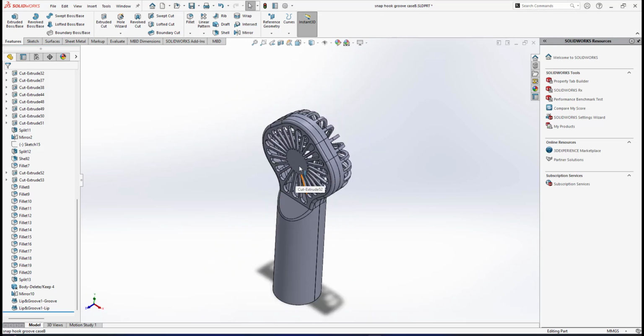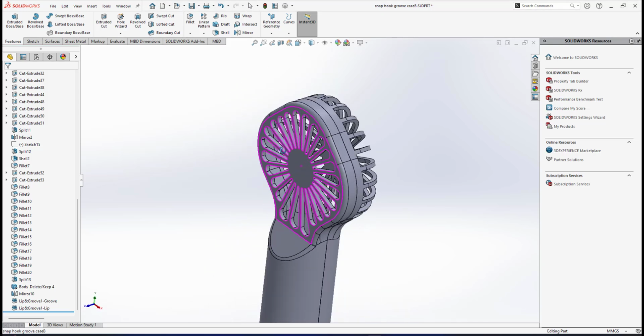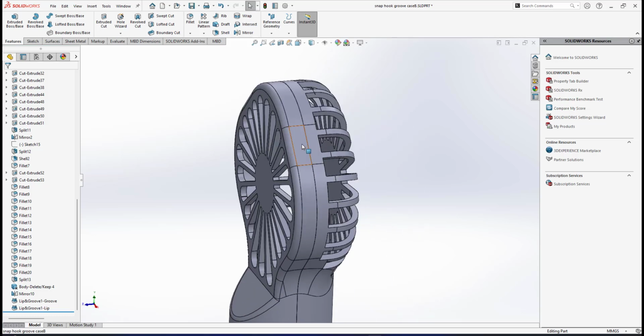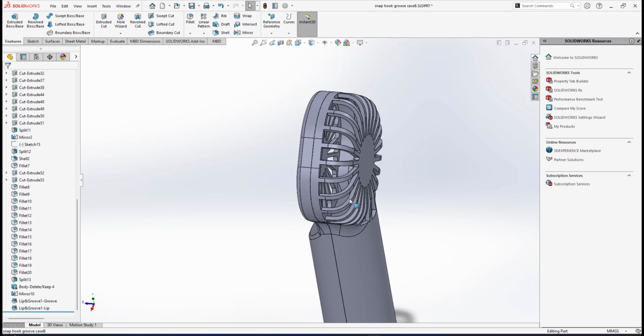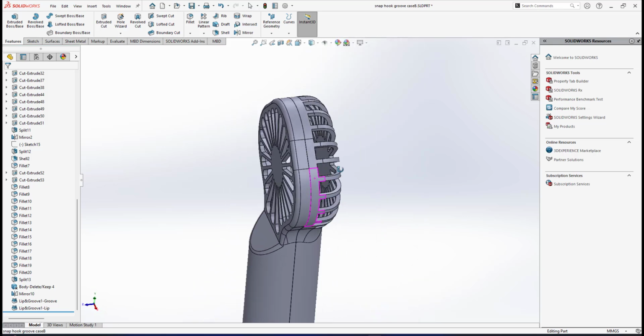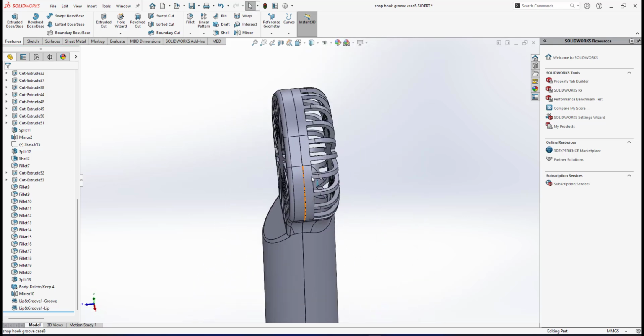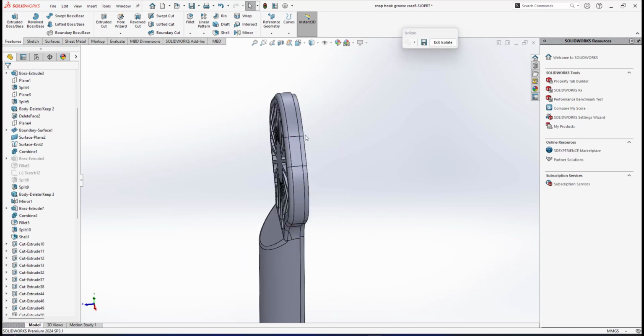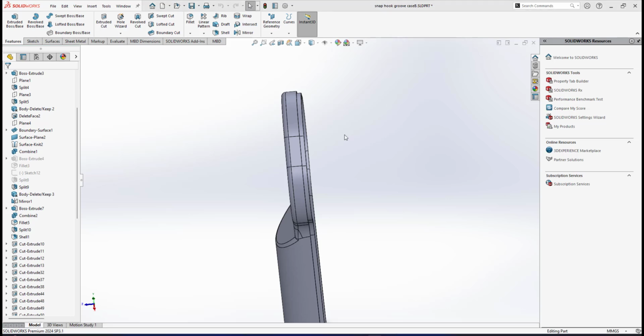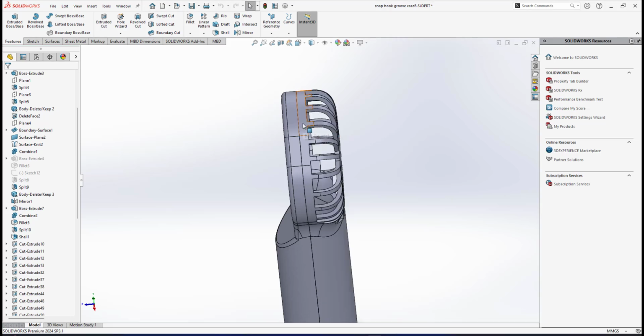This video will be a special video, a special case. One of my students asked me, sir, how will you create this snap hook for this kind of portable fan? This is one of my students' portable mist spray fan. If you look at this mist spray fan, it already has this front casing. We already have the lips, and if I zip for the bottom case, the rear casing, we have the